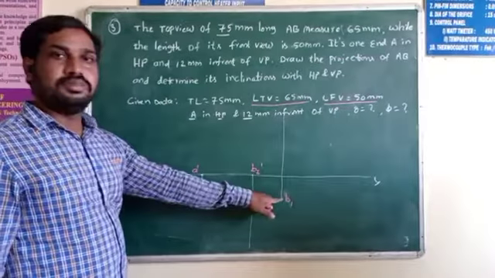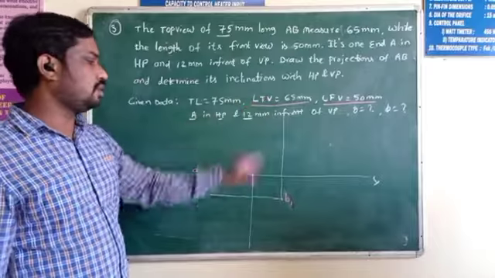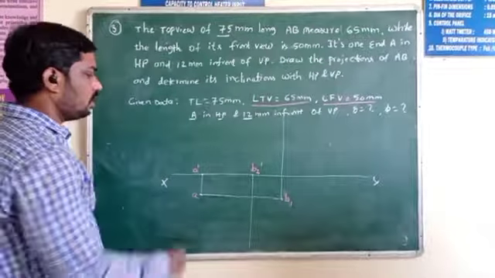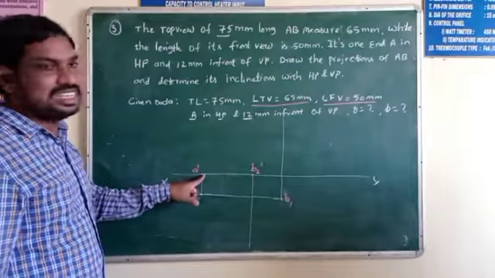Because it is the top view. So where is the front view? Above the XY. So I am drawing up and drawing below, down from the B2 dash. Now I am taking a compass. So take a divided compass. So A dash is center.